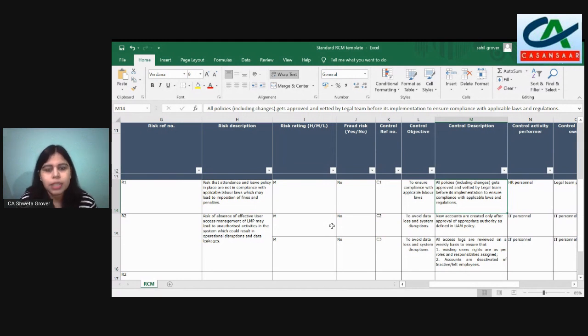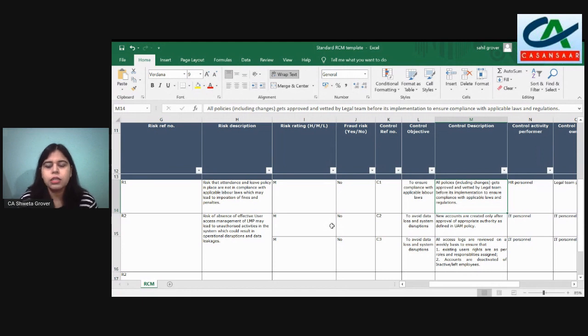Then on a sample basis, you can pick up the leave policy or attendance policy, and check that the compliances are as per applicable labor laws. For example, whether the holidays as per the respective state laws have been allocated to employees or not. So their leave allocation, you should be aware of what is there in labor laws. That can be checked on a sample basis, but that is not your testing point.